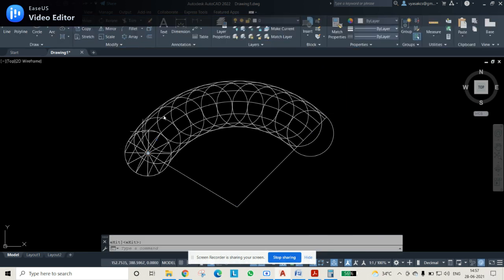Why I have drawn 13 is that if I select the last circle, that center point should be on this line. Only then we are drawing correctly. So okay, well and good, we are drawing perfectly. So select first circle and delete it. Second circle deleted, third, fourth, fifth, sixth circle also deleted. I have deleted 6 circles.